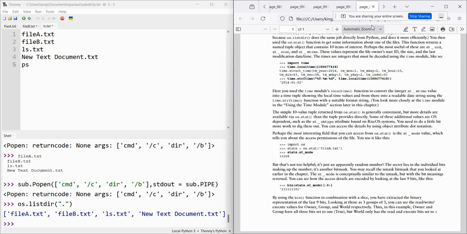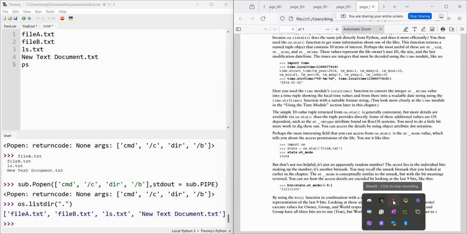So for now, this is a little explanation that I will give you, just for you to understand how this process is. So now, I believe you understand how to interact with the OS and the different